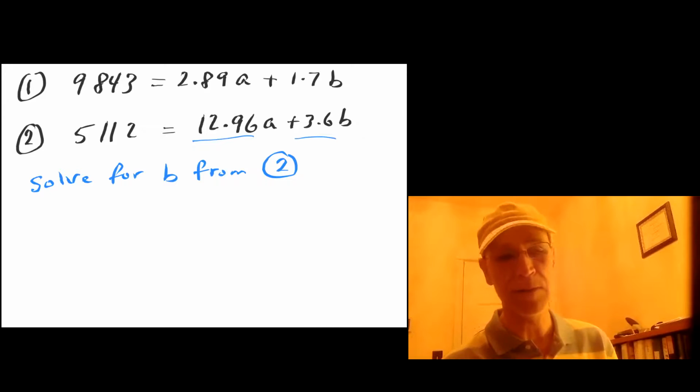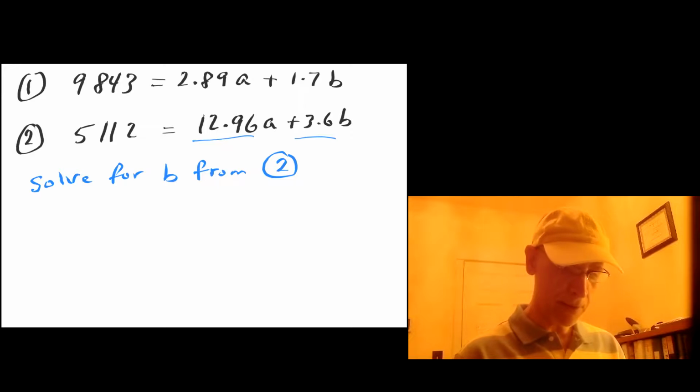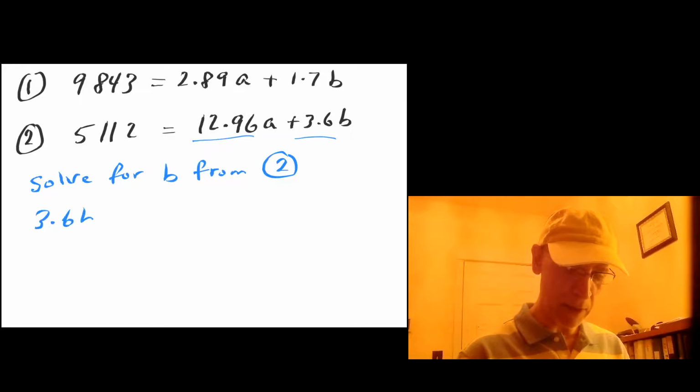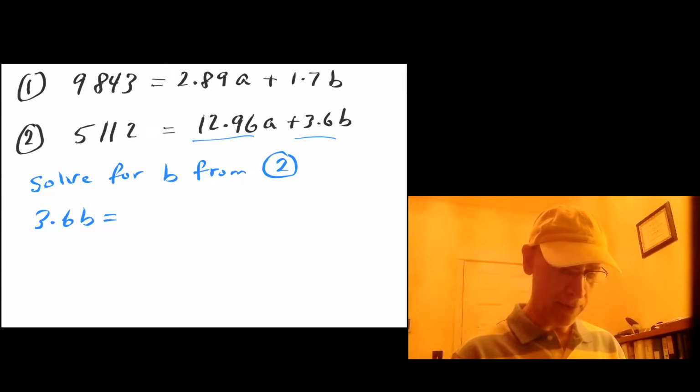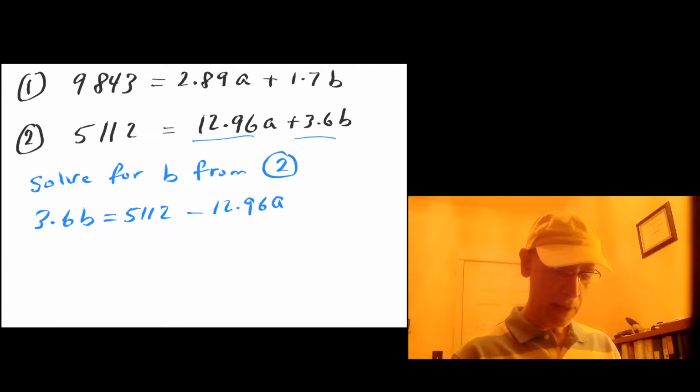I know 3 times 3.6 is 12.96, and that makes my life easier. So if I isolate 3.6b, I'm going to have 5112 minus 12.96a. And so divide both sides by 3.6. b equals